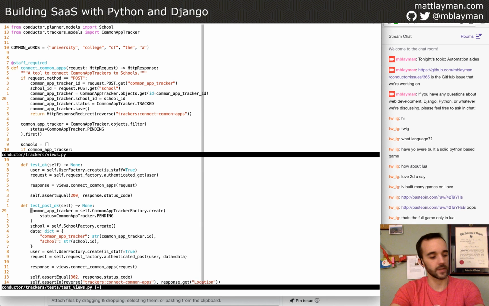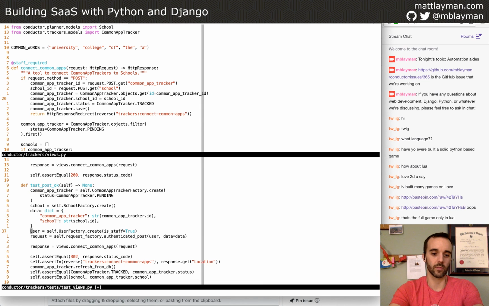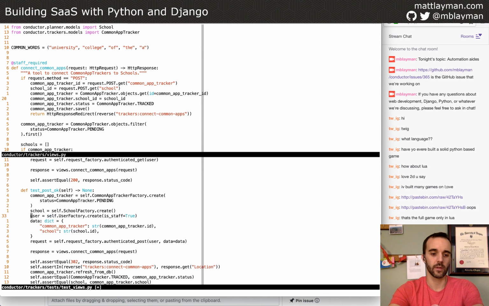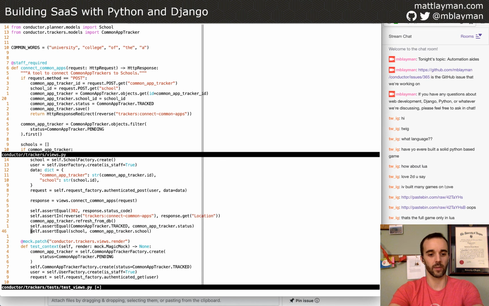So it creates the data that we care about, creates a school, and packages up all that data into what's going to go into the request. Maybe that's the right spot. And then we make the actual call, which comes in and does the post, and then we verified that the parameters that came out of that got updated in the way that we wanted.